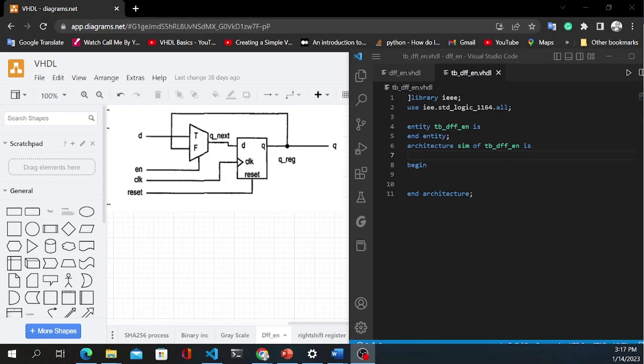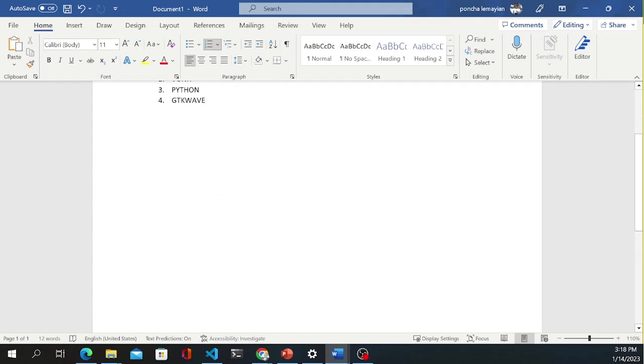In this particular video, we are going to write the test bench of the device that we just designed, and the test bench really just allows you to test the device that you created. For example, if you have your unit under test device, like what we just created, we have the test bench, and this device basically has multiple inputs, and then it also has outputs. So the test bench wraps around this particular device,